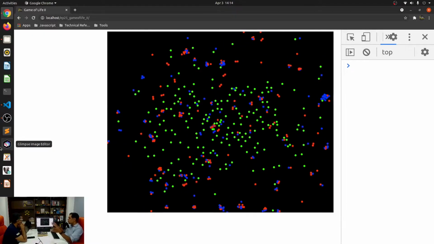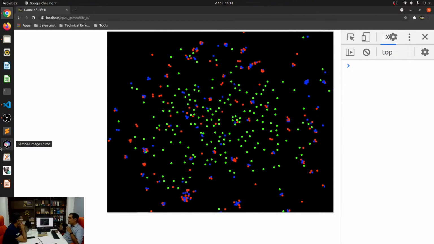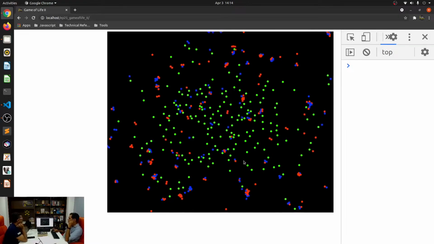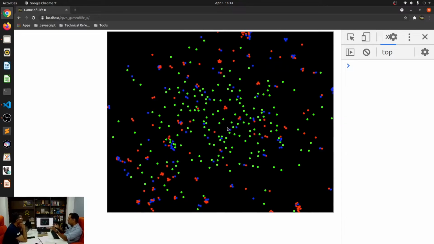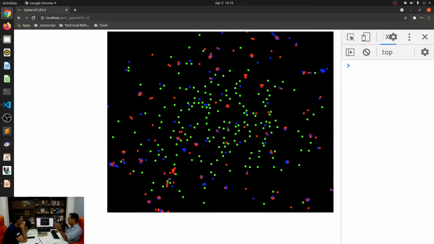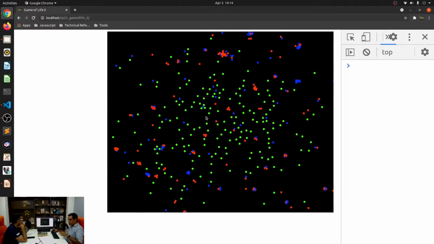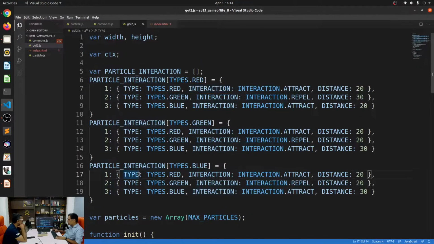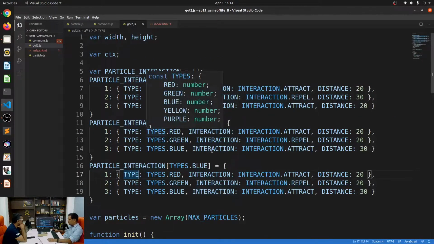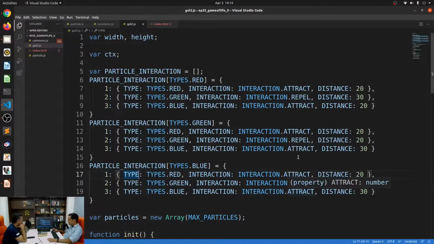Okay, and this is much more lifelike than Conway's Game of Life, right? Because this sort of defines cell-like behavior. These actually look like cells to me, right? What do we want to tweak? I think green was a little bit different. Let's just go back to our definition of what we did. So there is green: attract, repel, attract, repel, attract, 10. Basically, we've defined green and blue as exactly the same. So red and all the three are repelling green, right?